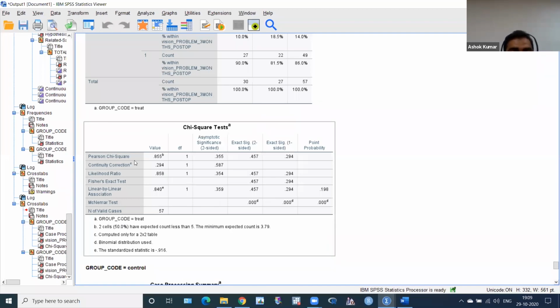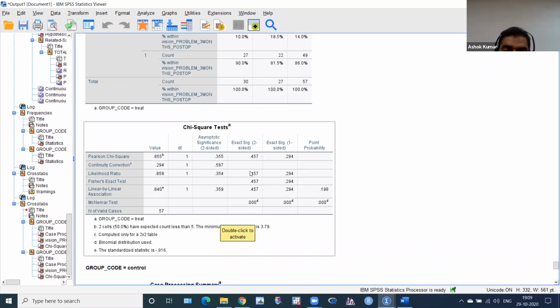You can see here, Pearson chi-square is not coming significant. Fisher exact test also is not coming significant, because there are two cells, so we have to take a Fisher exact test. It's not coming significant. But we have to take the McNemar test for this. This is coming significant. Very good. But if we don't know and we use this Fisher exact test because there are two cells, and this is not significant while the actual result is significant, and we give our result in a journal,